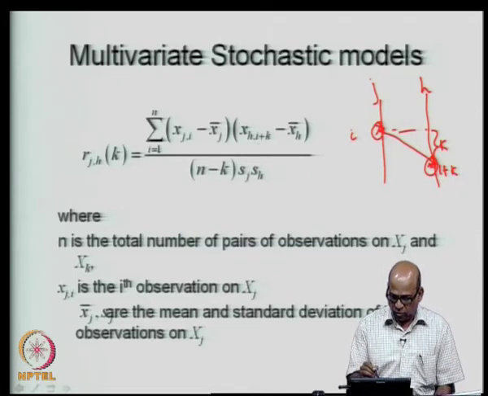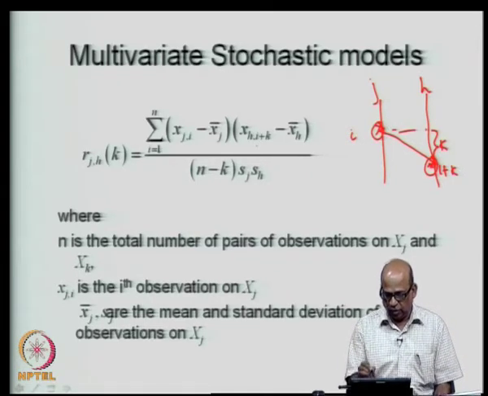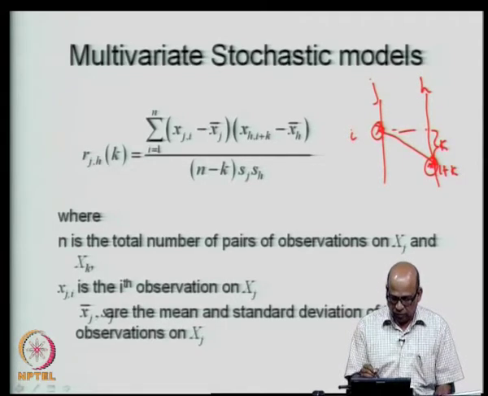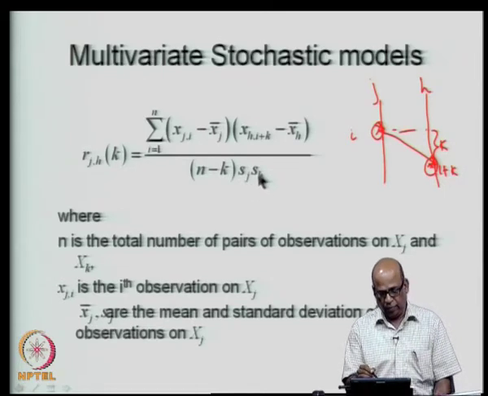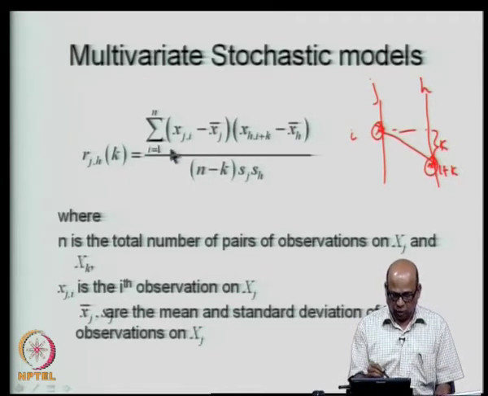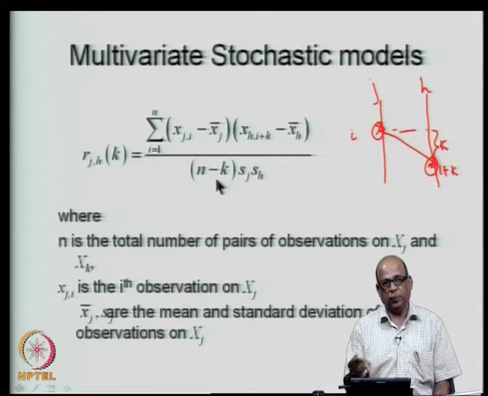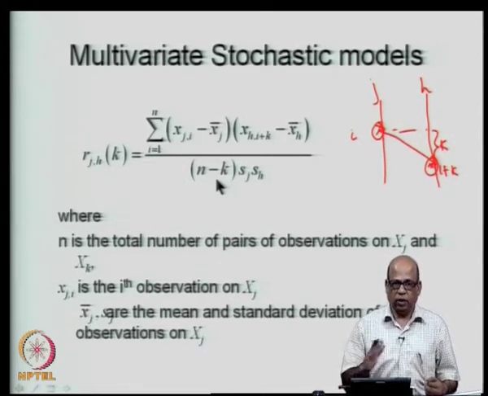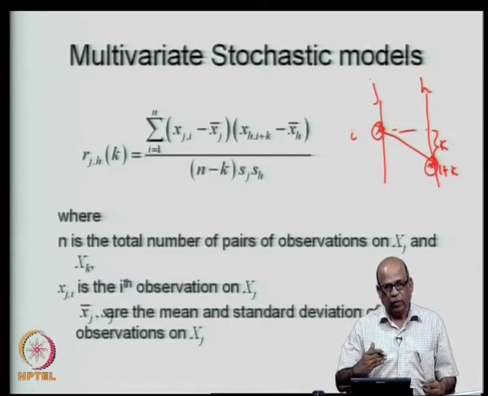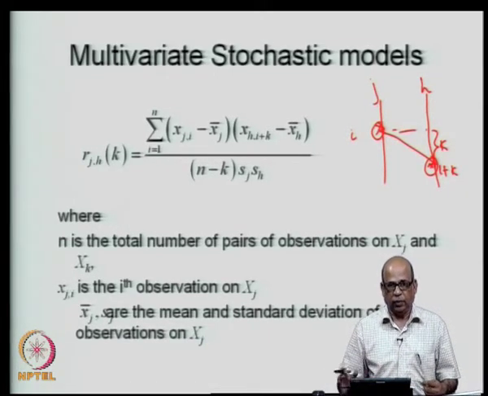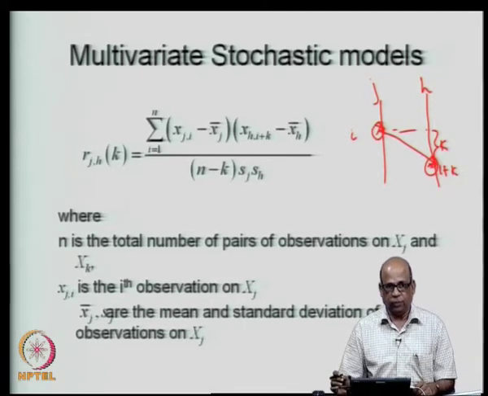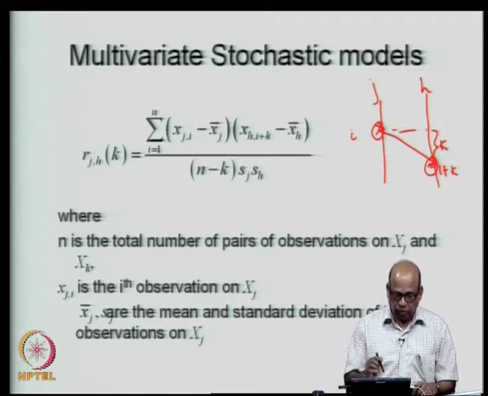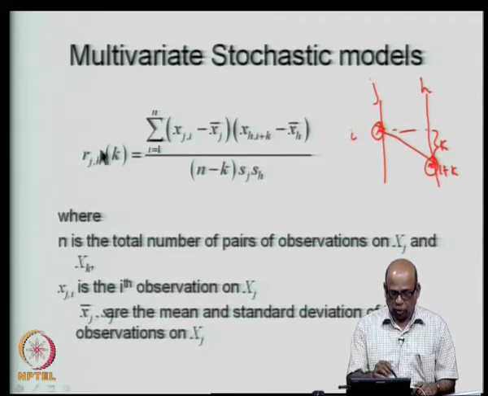On the site h, you lag it by k time steps and then take this, and this is the mean of flows in h. This is the standard deviation of the flows of site j, standard deviation of flows at site h, and because we are using lag k, this becomes n minus k. Please also refer to our earlier discussions on the autocorrelations etc., where we do the lagging, that is we are talking about lag k autocorrelations. It is much similar to that, except that we are now talking about cross correlations at those lags. So, this is how we compute the lag k cross correlations.